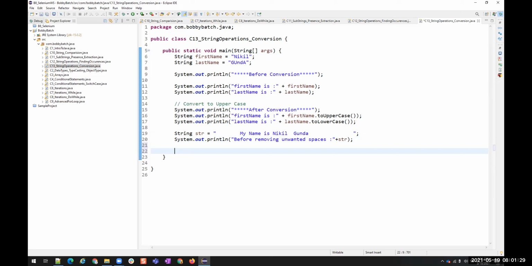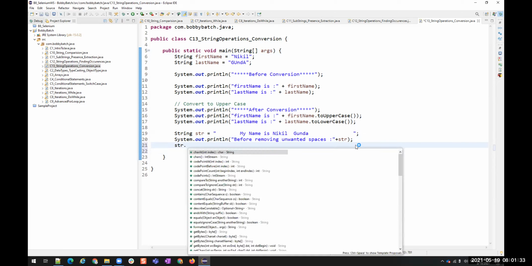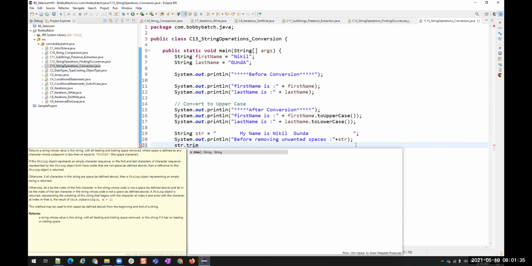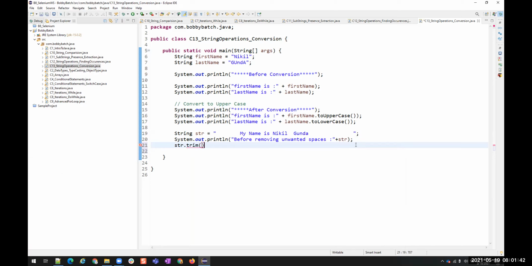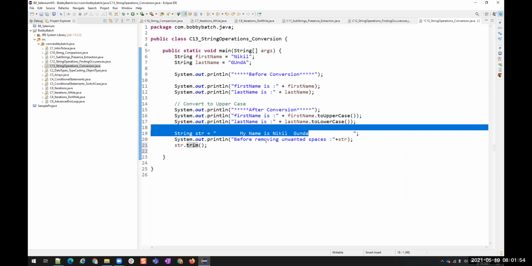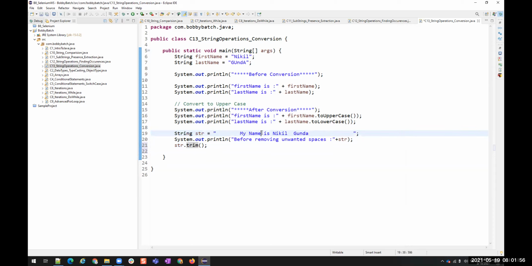Yeah. So here I want to remove these unwanted spaces. We have a method called str dot trim. This trim method is going to remove all the unwanted spaces. Unwanted means only those coming in the beginning and at the end, not the spaces in between the sentence.